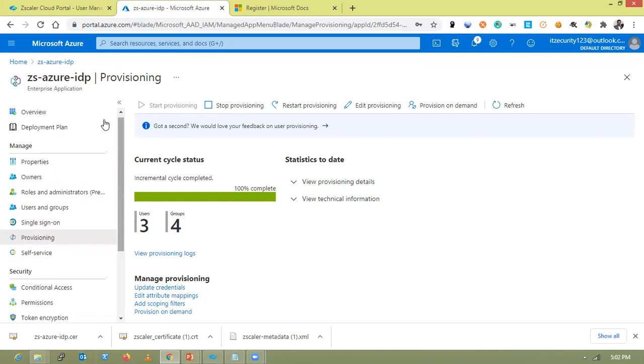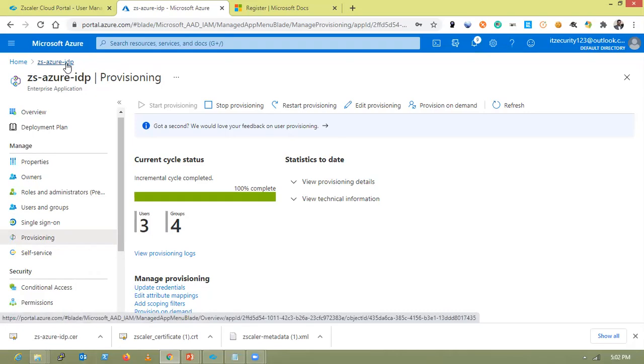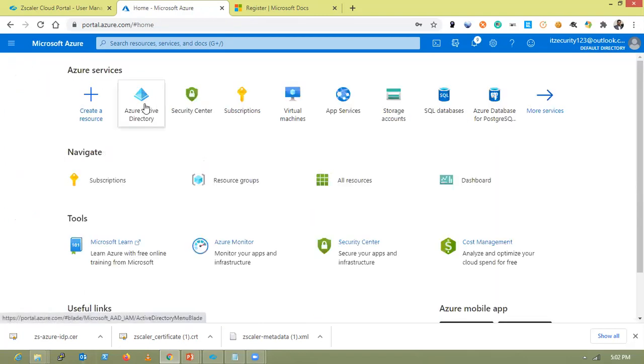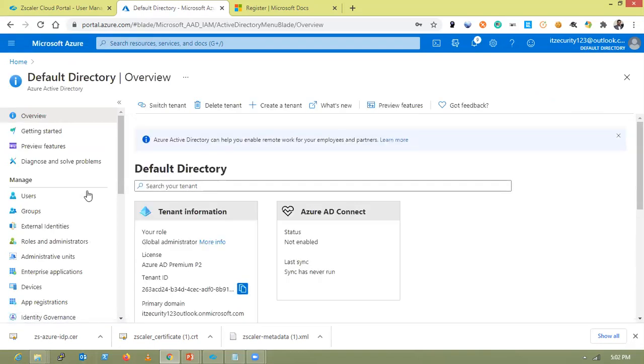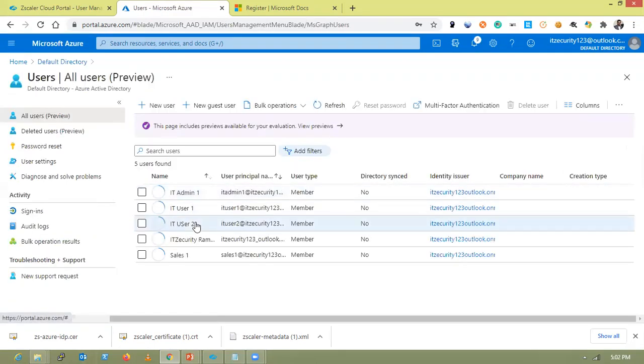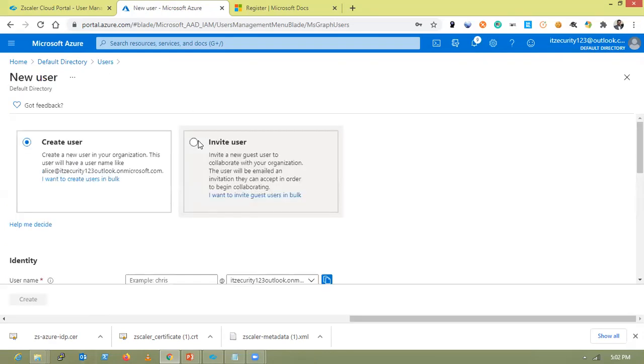Now you can verify whether, when we create a new user, the user is auto provisioned into the Zscaler portal or not. Go to home once again, go to Azure Active Directory. Under users, you can create one user, IT user 3, to verify whether that user is auto provisioned in Zscaler.